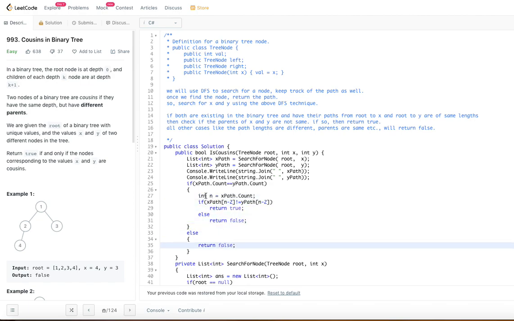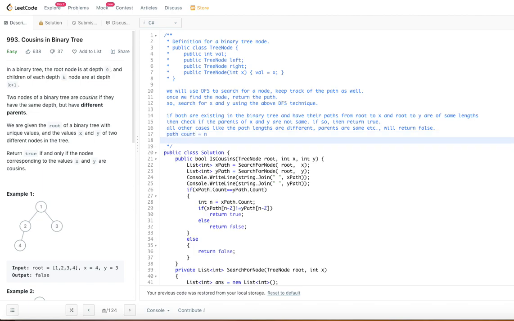So we get the path count, because they are the same, and what we have to check is, when the path count is n, it has indices 0 to n minus 1, right?